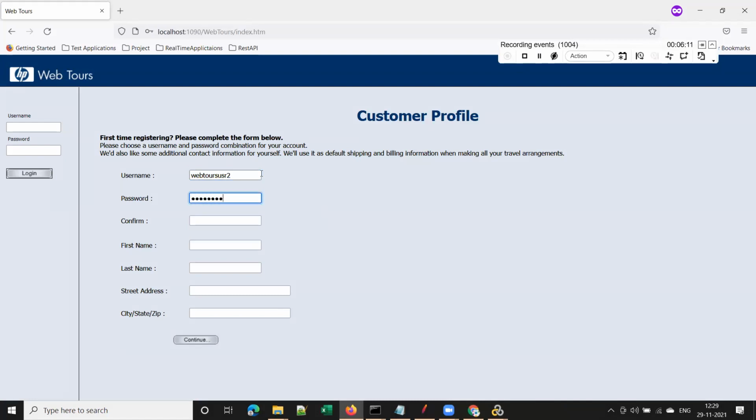See, once you get some email ID, Gmail ID, anyone else can't use the same Gmail ID, right? So I'm giving password as password 2 because username is WebTools user 2. And first name and last name, I'll give the same thing just to save some time because it won't validate anything anyways. Address 1. So now let me click on continue.